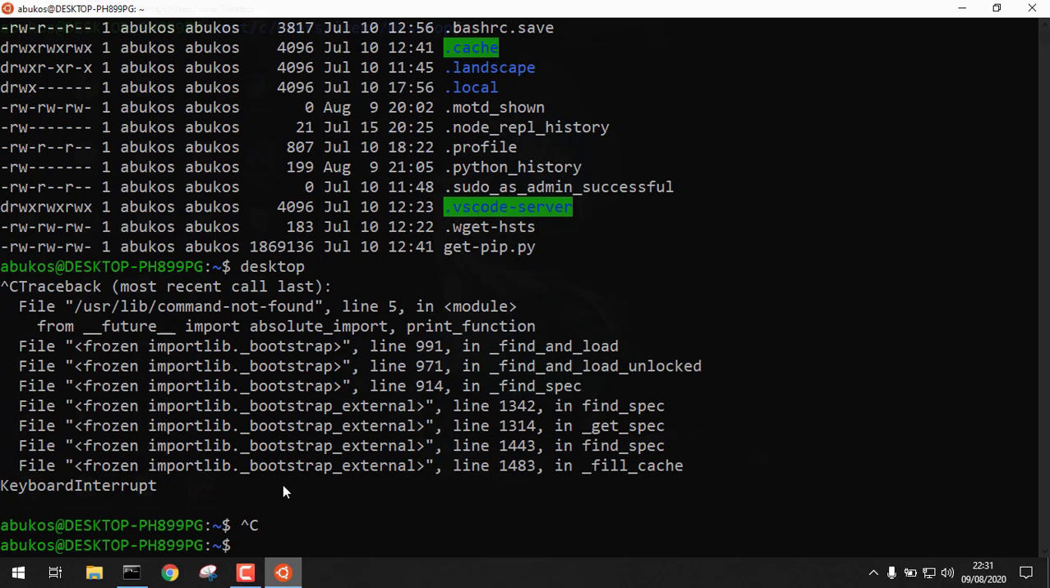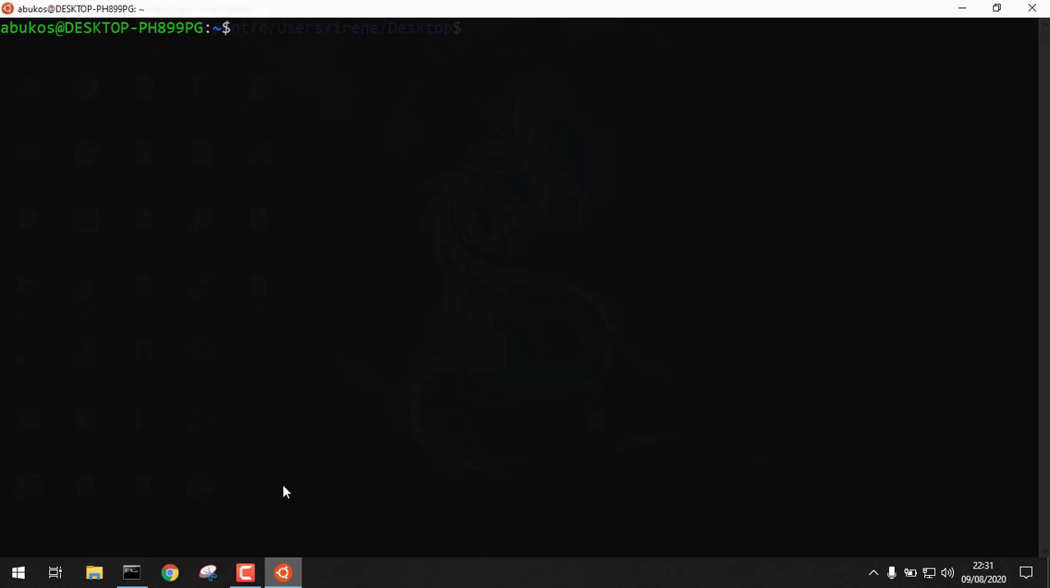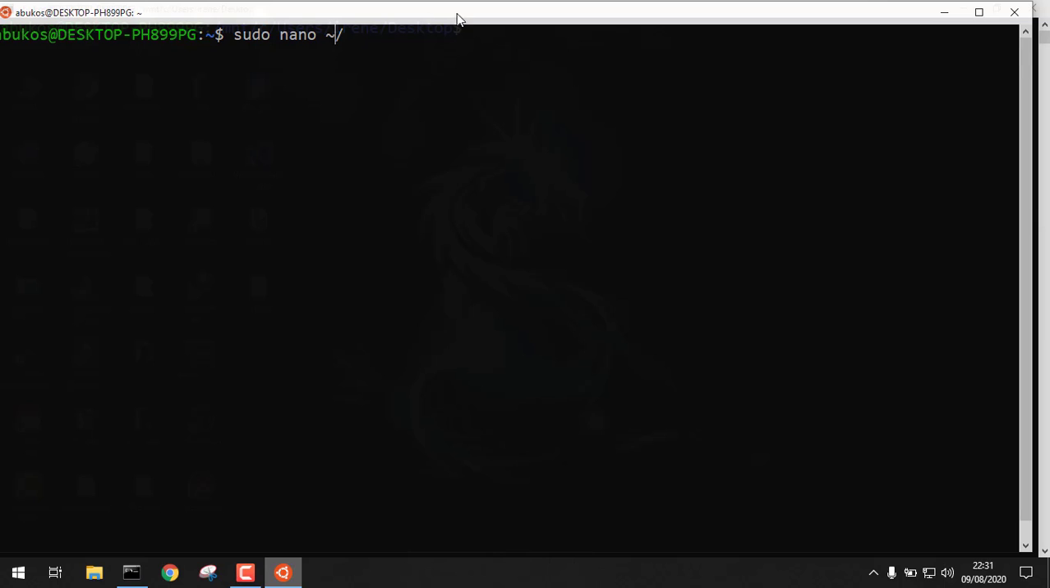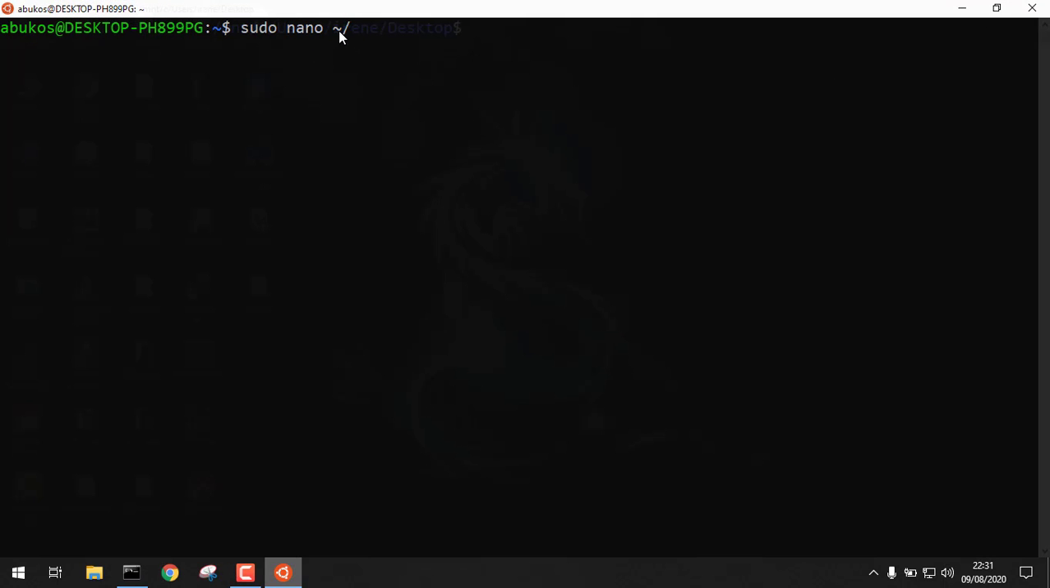So let me close that session there. What we'll need to do is sudo nano, and you can use any editor, I'm just going to use nano since nano is easier to use. We can sudo nano into the tilde. So I wanted to highlight it: this tilde slash means inside the home directory. So if we sudo nano into the home directory and check for the bashrc file,